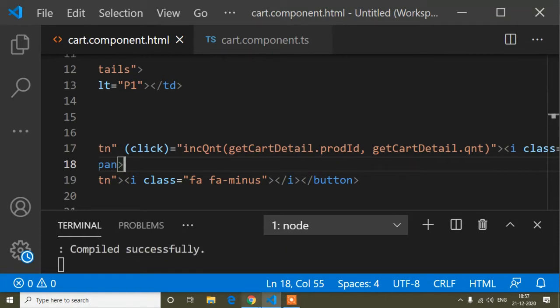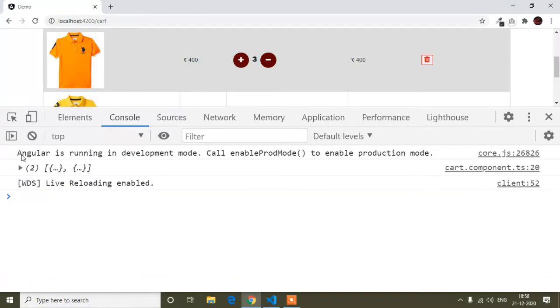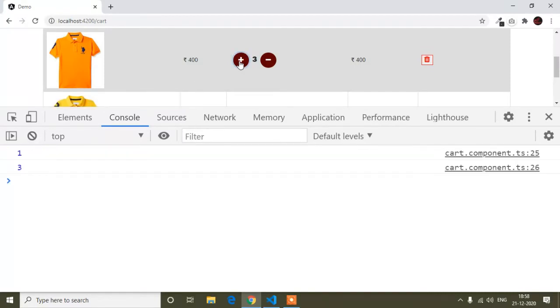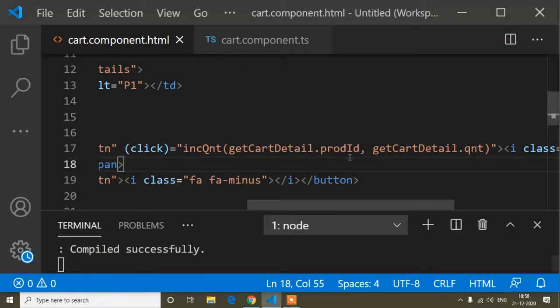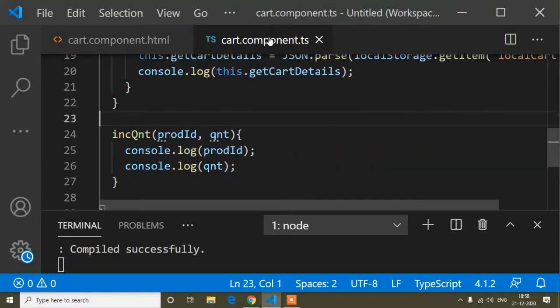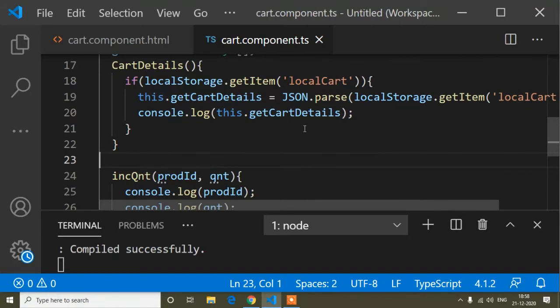Okay, I save it, and now if I click, here you can see I'm getting the product id 1, and this is quantity. You can see quantity is 3. I forgot to save the HTML file, so that's why the wrong output was coming.